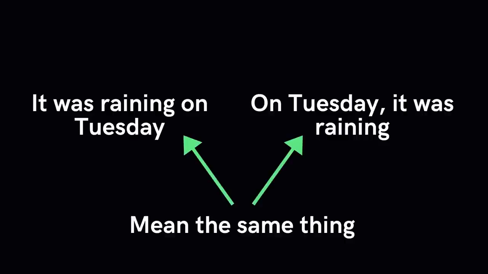On Tuesday it was raining, and it was raining on Tuesday. These sentences mean the same thing, although the details are in different parts of the sequence. Actually, when we feed these sentences into a feed-forward neural network for a prediction task, the model will assign different weights to "on Tuesday" and "it was raining" at each moment in time. Things we learn about the sequence won't transfer if they appear at different points in the sequence.